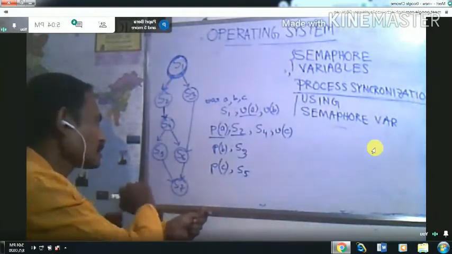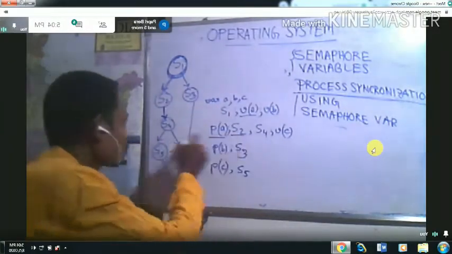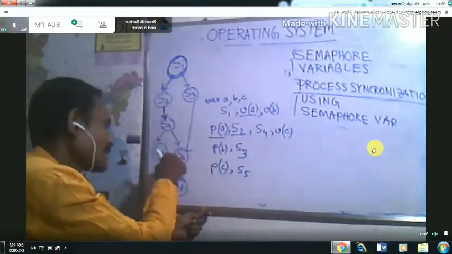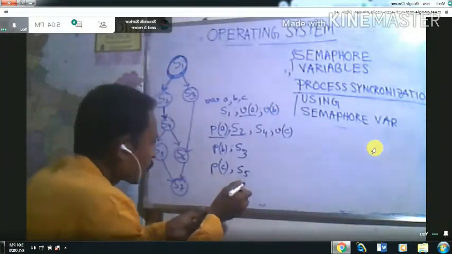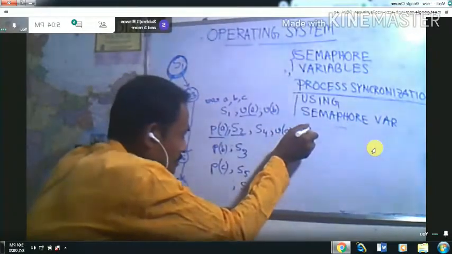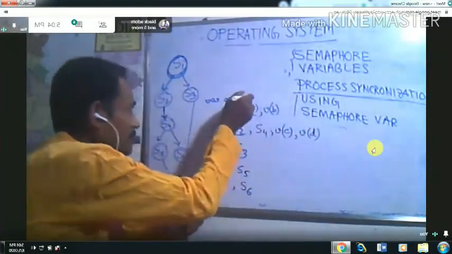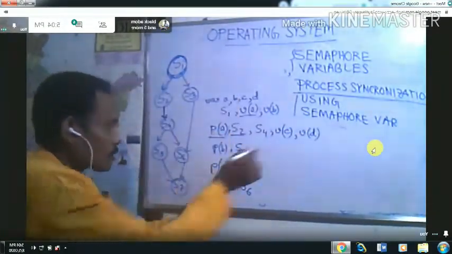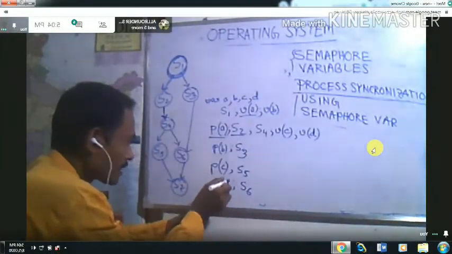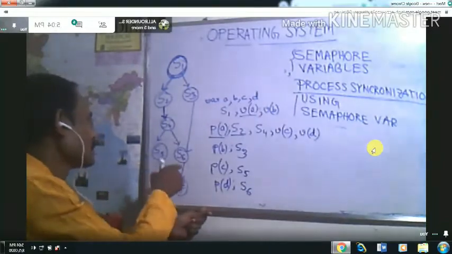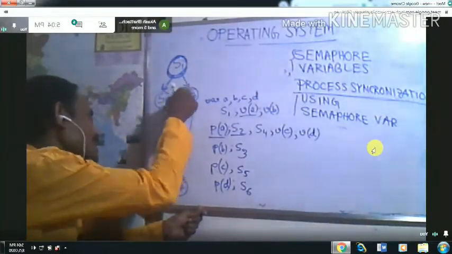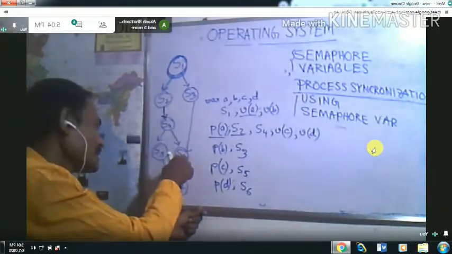Now suppose after executing S4, S6 will execute. For S6, suppose there is another semaphore variable D, so this will be VD, and this will be PD. Clear? Now this S6 will be executed after S3, so S6 depends on S4 as well as S3.